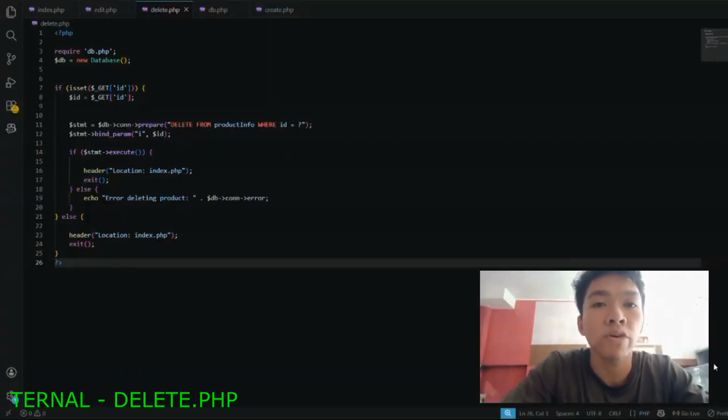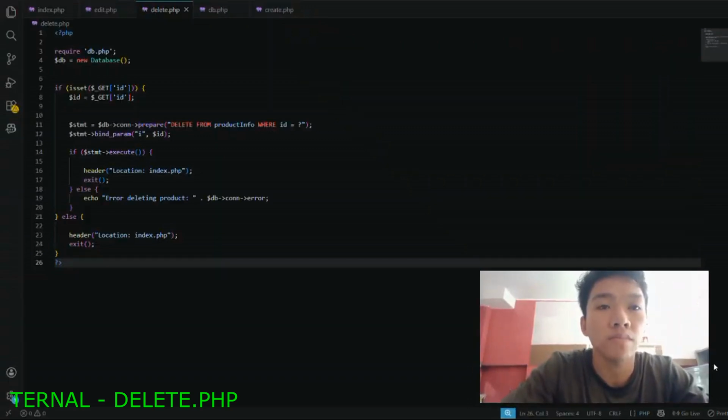So first is if isset get ID. This checks that an ID was actually passed in the URL before doing anything, and prevents the script from crashing if someone visits with no ID. The next is the ID get ID, which gets the product ID from the URL so we know which record to delete.